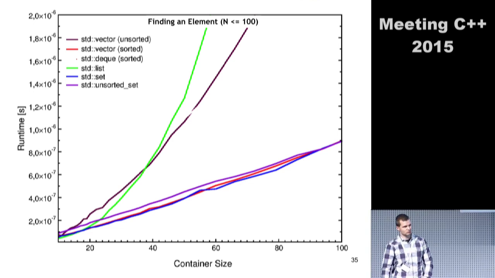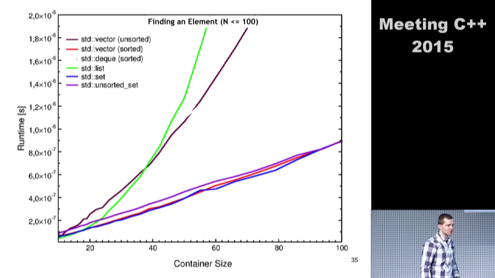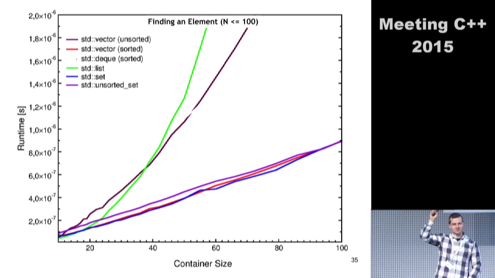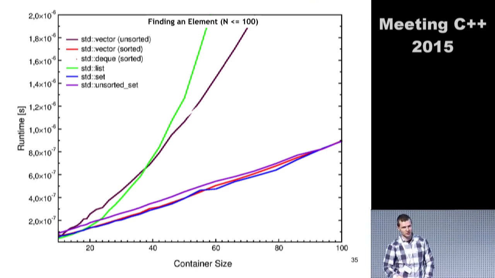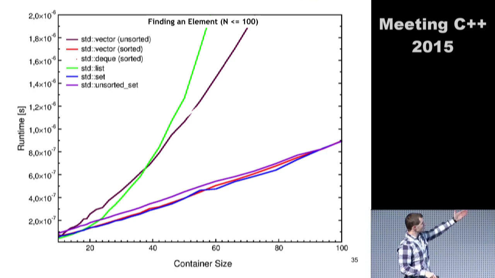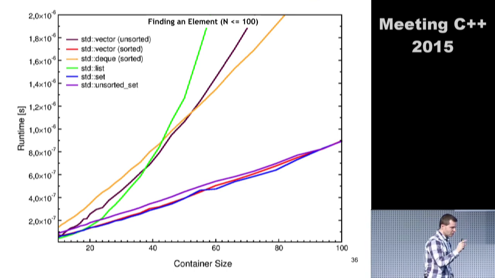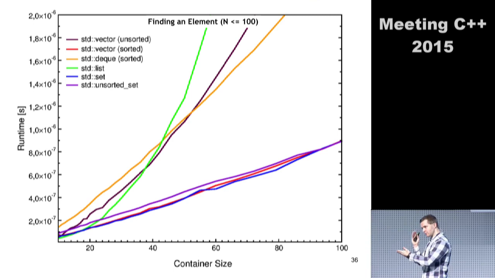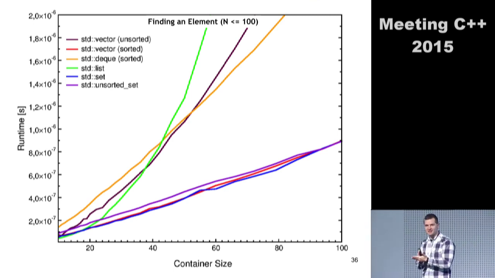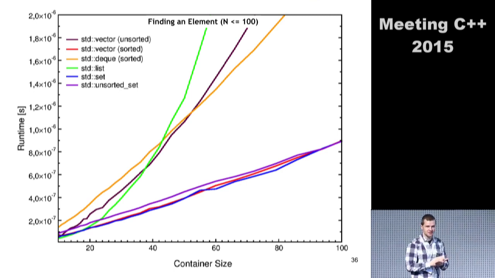Okay, who says, no way, we've seen the traversal stuff. A deque is not as fast as a vector, so it should be more expensive. Yeah, okay. A deque is something that you probably also do not want to use for finding an element. Even if it's sorted, and even if it's random access, it's just not working. The problem is that there is a lot of computation involved with this random access. You can deterministically say which element you want to access, but unfortunately, you have to do some calculations in order to get there. It's not just an index access as it is in case of vector.